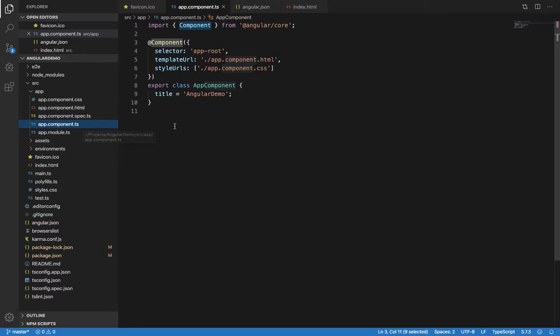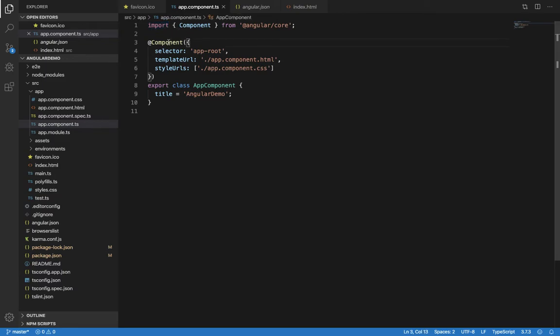Right now, in this one, you have to import the component first from the @angular/core library. This import keyword is going to import the component from the Angular core library, and after importing this, you can use this component keyword in this particular file. So this is how we import a particular module from a library. This import keyword you are going to see many times in this Angular app.